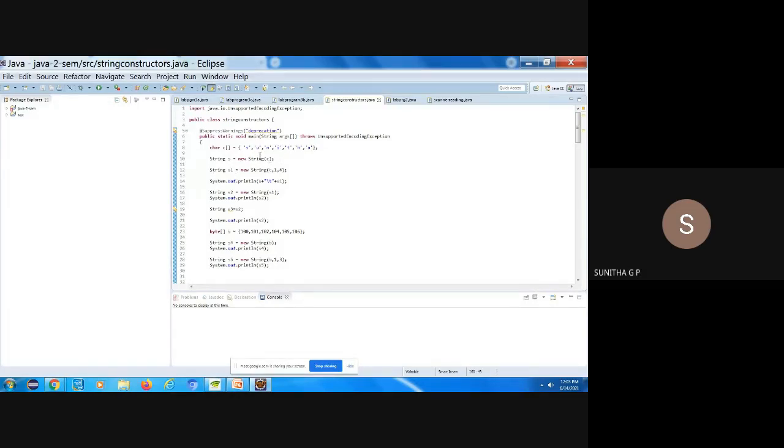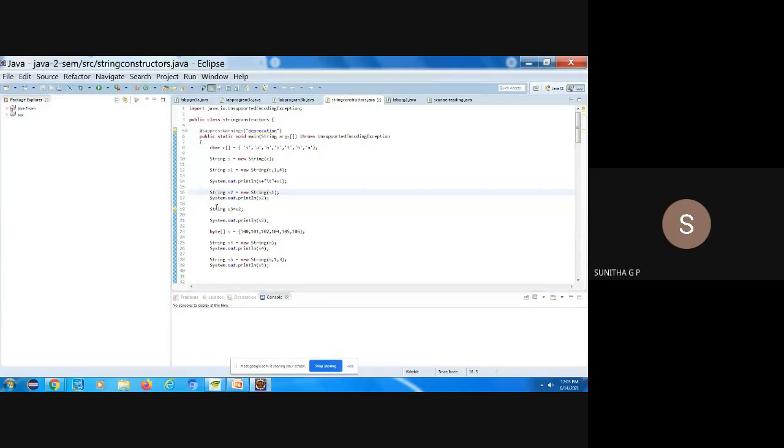This is another method of this. I have sent this as a parameter, but how many characters does it have to extract? From 1 to 4. So 1 means what? 0 1, 1 2 3 4. So this is the string which is created for line number 12. Here I am printing it. Okay, let me do this one line by line.